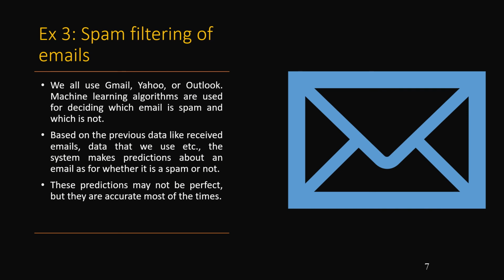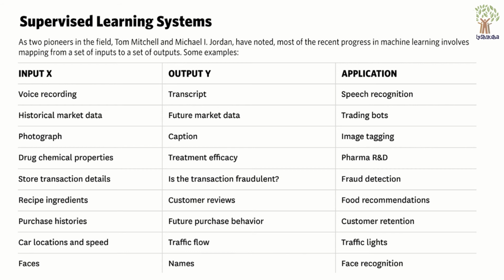This is where the statistical modeling helps. So with the help of the past training data, you're able to build a model, and in that model, when you pass a new email, it will clearly identify whether it is a spam or not a spam. And these predictions may not be perfect, but they learn and they try to become more accurate every time. That is the specialty of supervised learning approach.